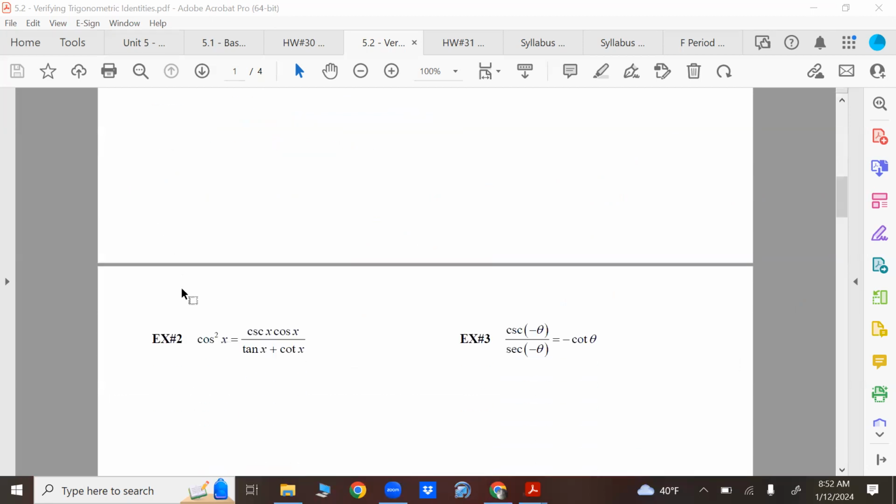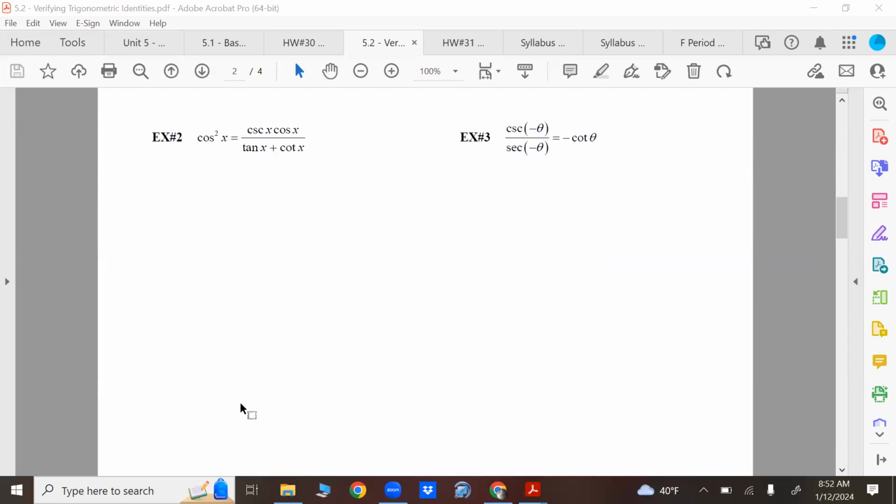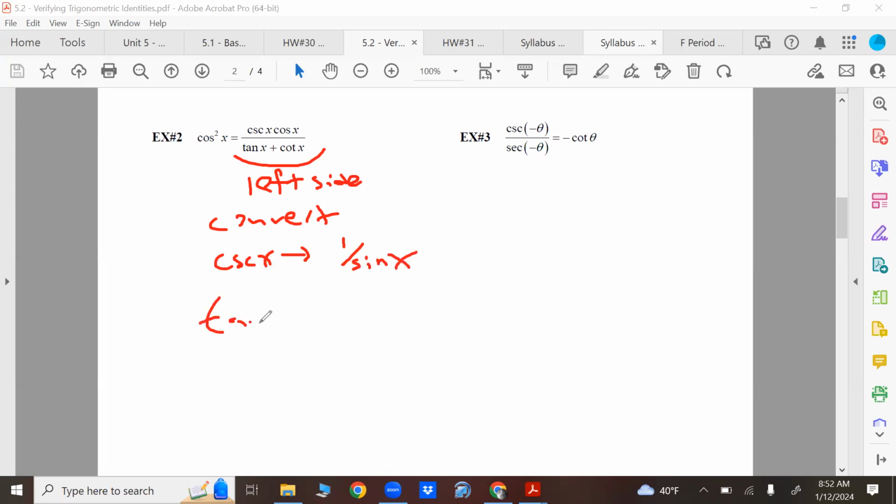All right, so here's what we'll do. I'll give you guys a little push on the next two examples. I'll walk around and help you out. What I want you to do is work on the left side and convert tan x to sine x or cos x, and convert cotan x